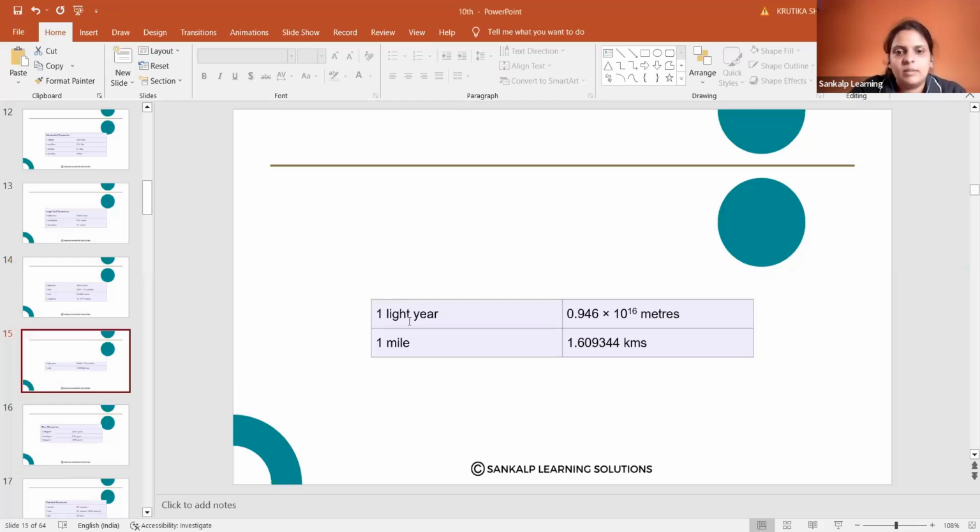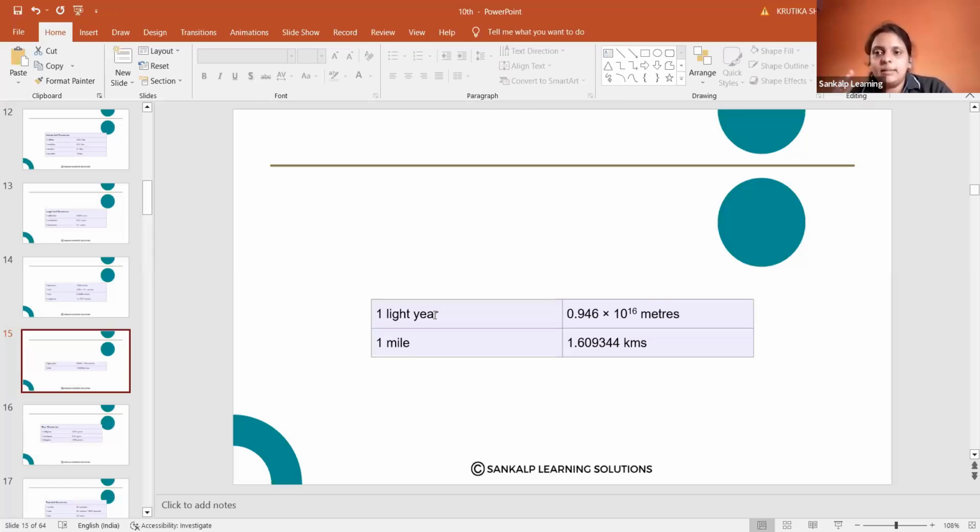So here, this is again the extra knowledge for you. 1 light year is equal to, in terms of meter, we are expressing the distance between the earth and the sun. The distance between the planets can be measured in terms of light year. They will not say it in terms of kilometer, millimeter and all. They will express in terms of the light year. Light year means the large distance between the planets or the sun and